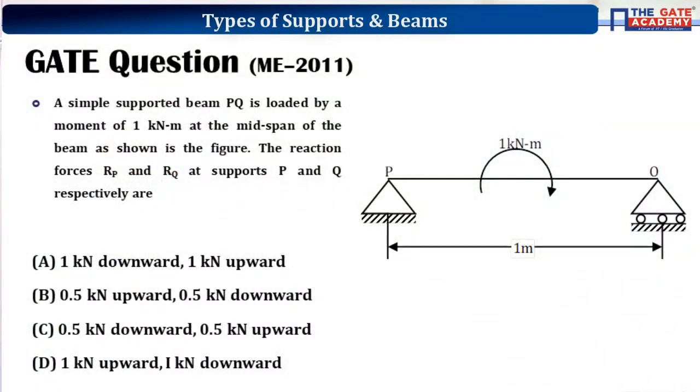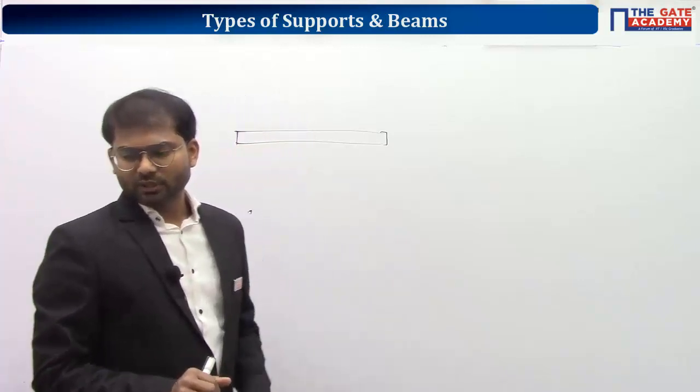So, a very simple question. Those people who haven't got the answer, you can look here. I'm taking the free body diagram. Free body diagram means you will take out the beam and identify all the forces, applied forces and also unknown forces. And you're going to apply the condition of equilibrium to get the values of unknown reaction forces and also moments.